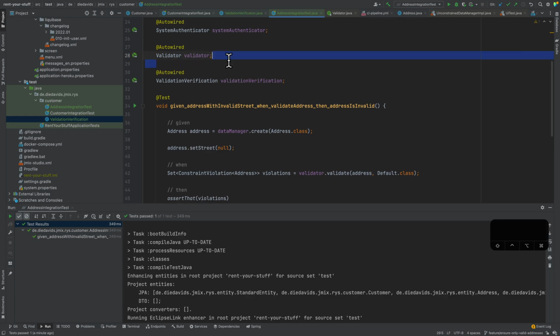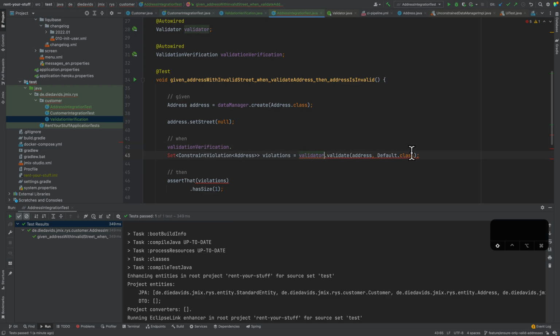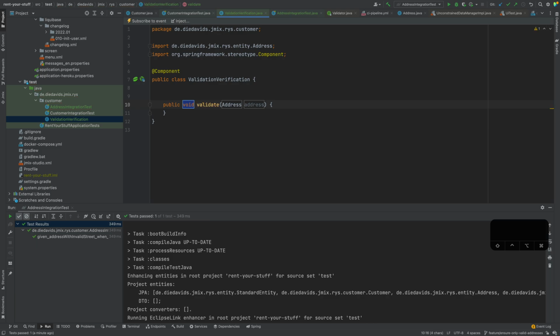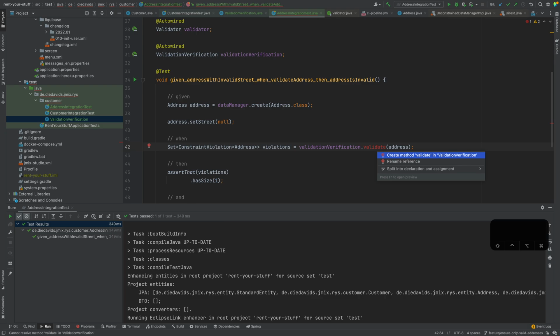And perhaps it's not even needed anymore that we directly interact with this validator bean, but instead only do it via this bean. So the thing that we could do is, for example, make this validate here as a mirror. But since this is just noise for the test case, we can also put it inside of this helper method. So let's just create a method here. Let me just return back here. I think it's easier if I just do it from here, because then IntelliJ will create the correct method and signature, basically,